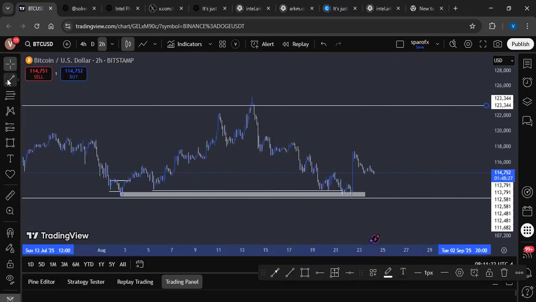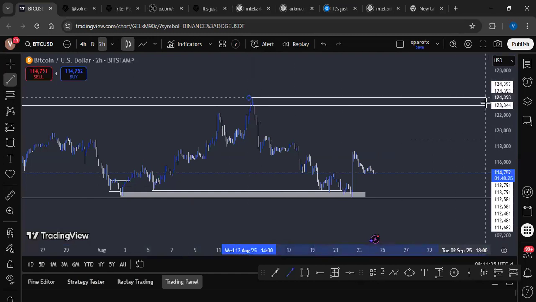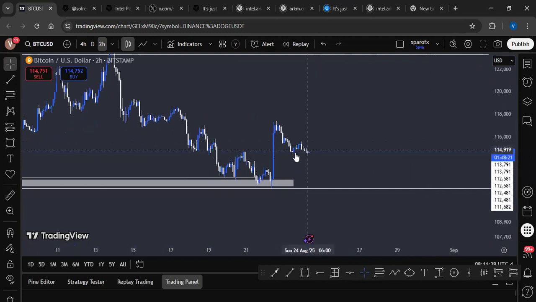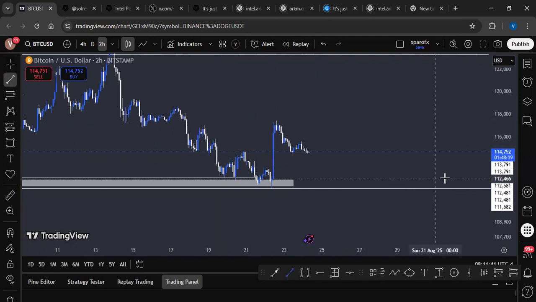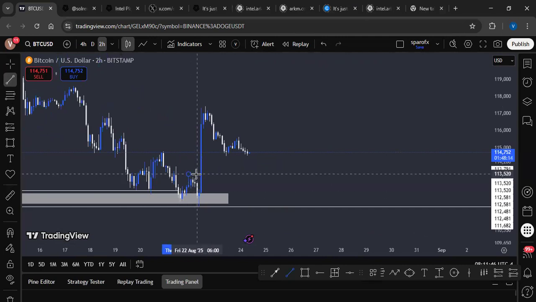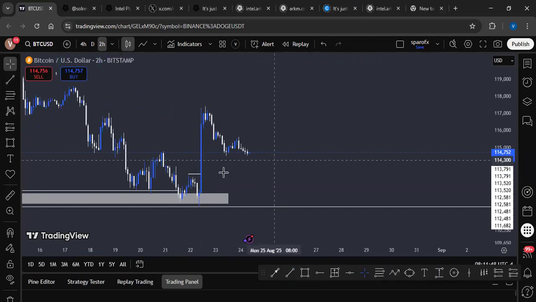Now, our overall targets will be what? Our overall target will definitely be here. So I'm going to be looking out for long positions. Now, you can see that there's a change of character around here. And after a change of character,